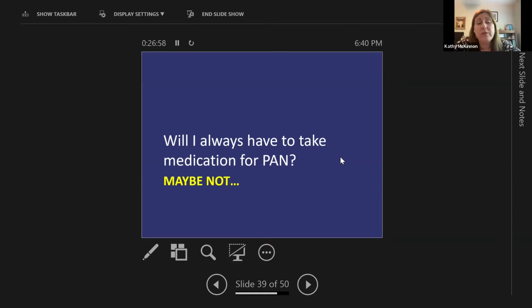And then the question is, when you have a chronic disease and a chronic illness and you have to take medicines that have potential side effects and risks that are somewhat intimidating, do you have to stay on treatment forever? And the answer is maybe not. There are some people who have had treatment for a period of time who come off their treatment and remain in remission. For other people, that's not true.